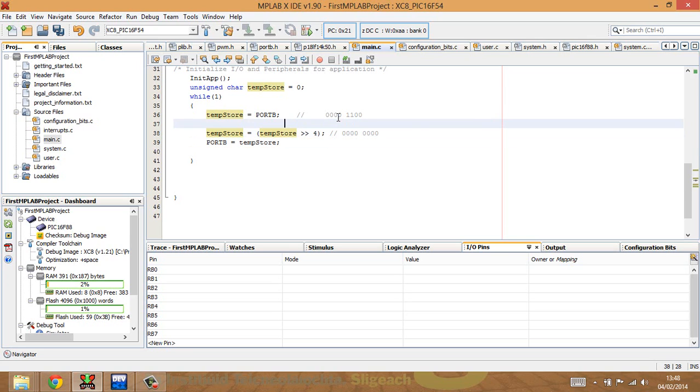So let's say, for example, that you had all zeros here and you wrote in a 1 on this line here. Okay, so you take all of that in. This would bring you to here, and you would start to do the shift. So you would move that down 4 places. 1, 2, 3, 4. Okay, and these 4 would disappear. So that would now put out the 1, 0 pattern onto port B. So port B would now become